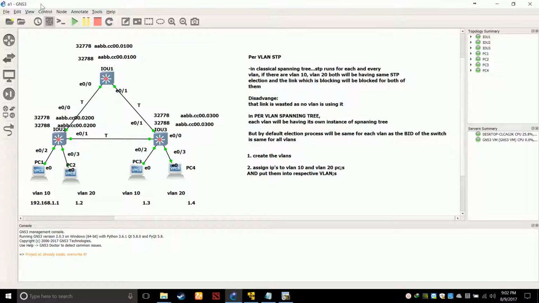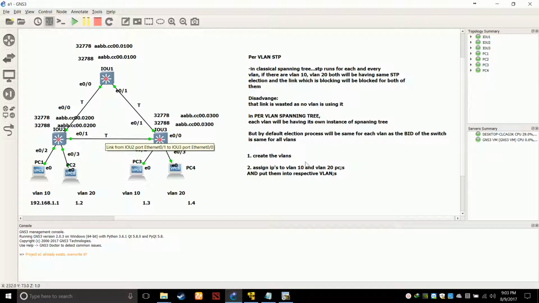Because this switch will not even send the data out. Because this port is in VLAN 1. Data is coming from VLAN 10, this port is in VLAN 1, it cannot happen. That's why between the switches, if you want communication to happen between VLAN 10 to 10 and 20 to 20 also, on different switches, the link always has to be a trunk. Because only a trunk link has the capability to carry different VLAN data.